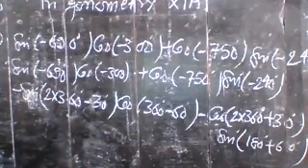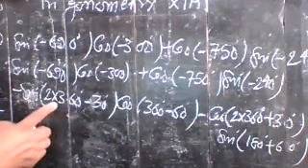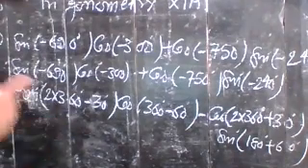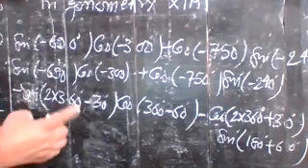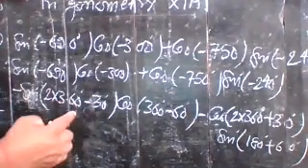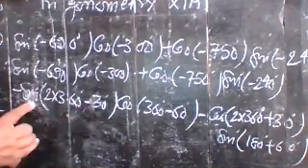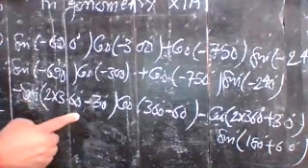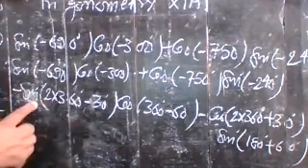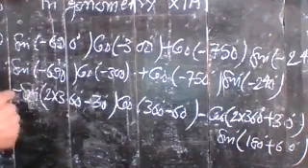You can write in this way. No, don't convert it, just see in which quadrant it lies. 2 into 360 means 2 complete revolutions, and after 2 complete revolutions, minus theta or minus x is lying in the fourth quadrant. In the fourth quadrant, sine is negative, and one negative sign is also there, so that becomes positive.